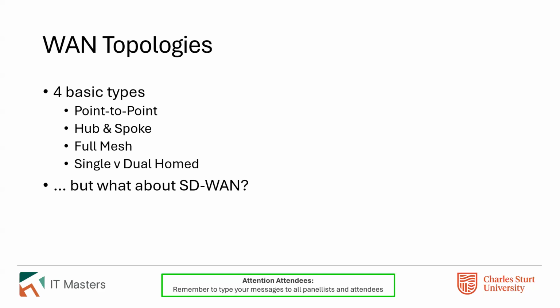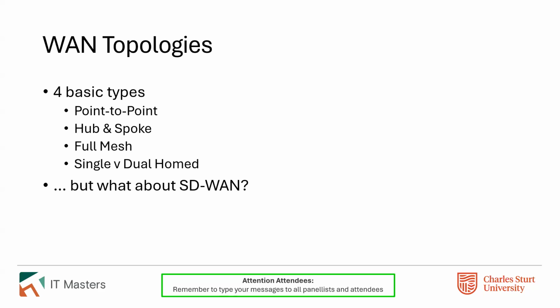The way to think of that is, like the name suggests, think of the spokes on a bicycle wheel. The hub is the big site. Topologically, it's right in the middle of the network. It might not geographically be in the middle. You might not be based in Alice Springs, you might be based in Sydney, but either way, from the network point of view, everything connects back to your hub, your main site, and then all of your small sites are connected like the spokes on a bicycle wheel, radiating out from that.